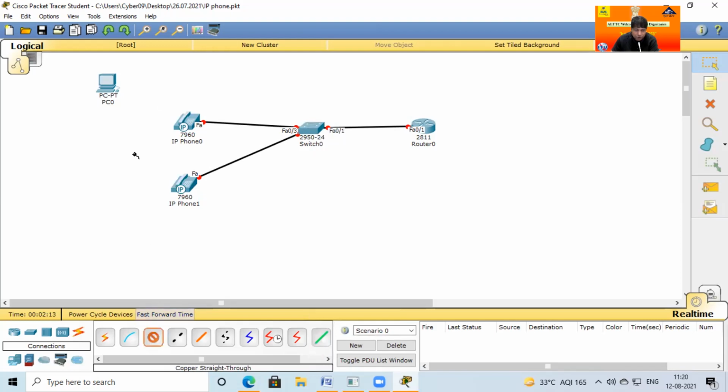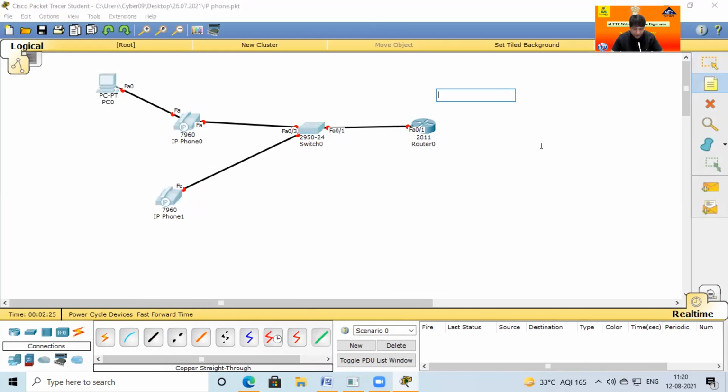And if I want to connect our phone for internet, this is a PC to PC connection. Okay, so this is the LAN in your campus network. So definitely this is an IP phone, this is not an IP phone, you can call it a digital phone. Okay. So what is required?